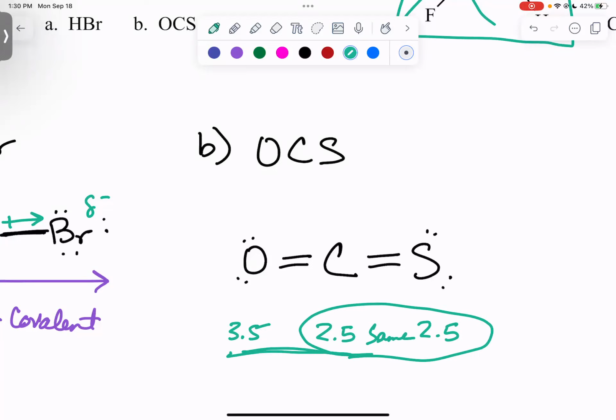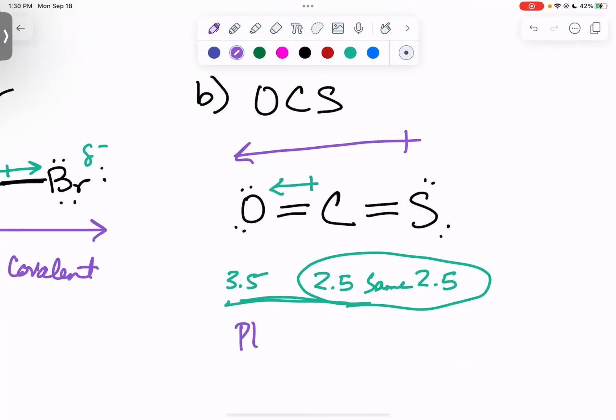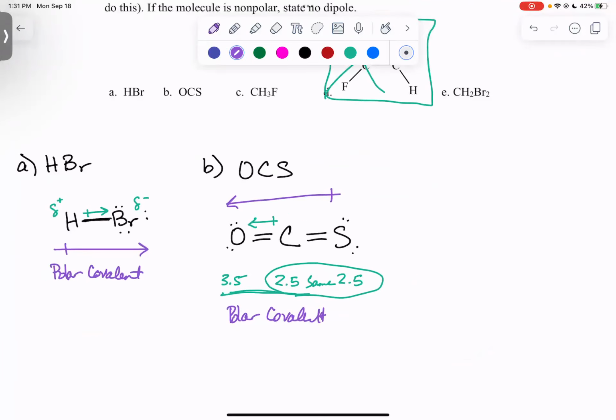And oxygen's more negative. So we're going to point to the oxygen. Okay, so now we have a polar bond. Do we have a polar molecule? Yes, we do. We have an overall dipole moment. Yep, that looks like this, where we have a partially positive side and a partially negative side. And so this is polar covalent, right? Polar covalent. All right, C,